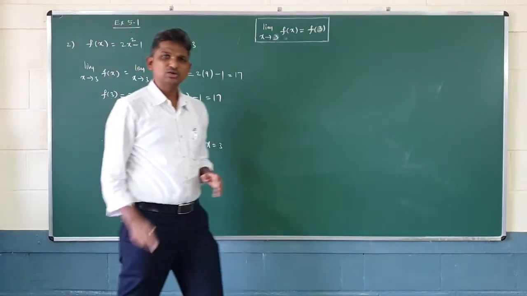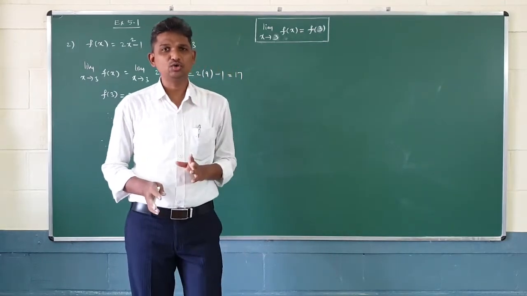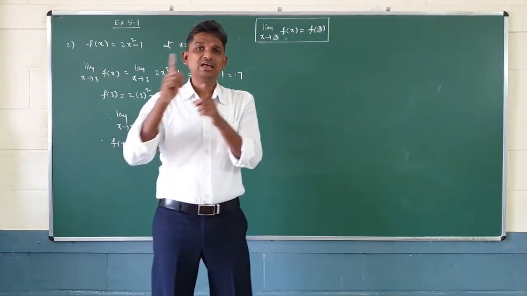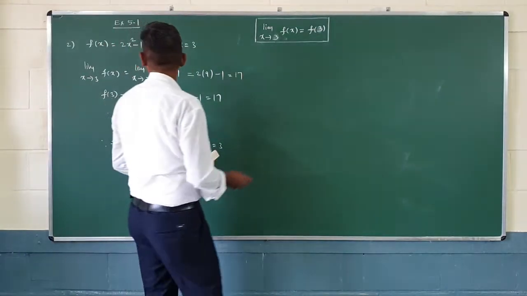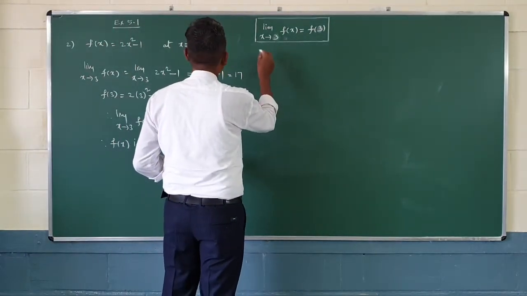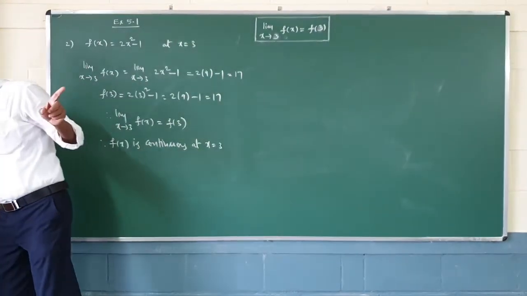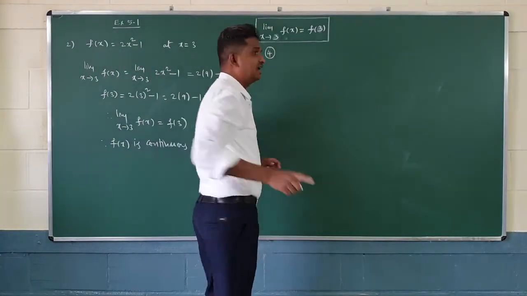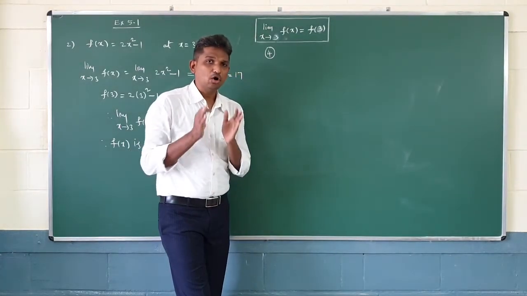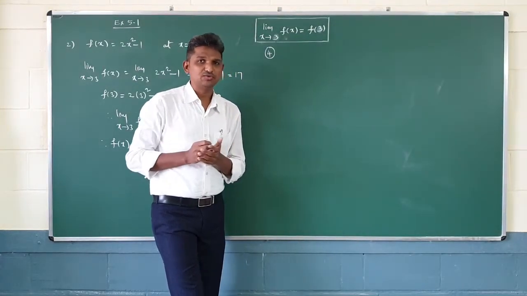Easy problems are not. Today all problems what we are doing, they are easy only. We will start from easy to difficulty level in this first exercise. 4 more questions, 100% guarantee from this exercise in the second PUC final examination. Third question, I am not doing now. I will do fourth question now. As I said, I am not following the textbook order. All particular model problems we will do at one place.